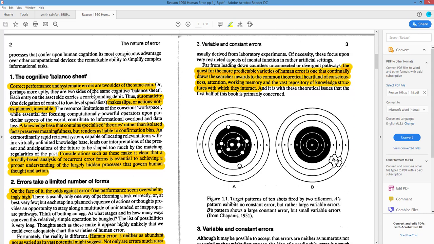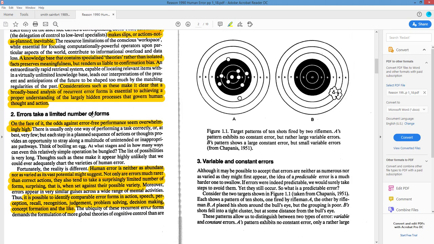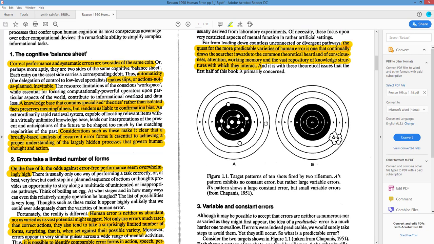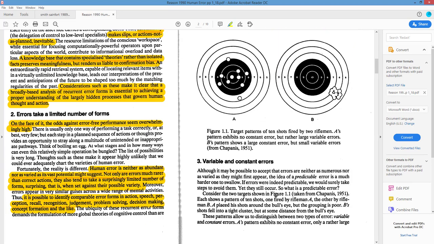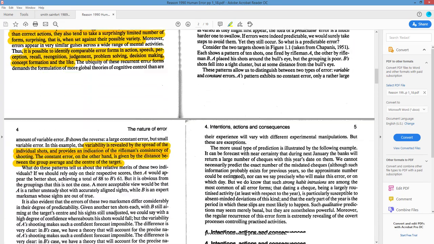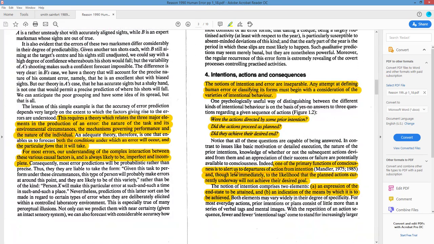I like that. He talks about there being a sort of balance between what is expected versus what is real. Talks a little bit about errors. He's talking about taxonomy, whether you've got equal variance or you've got small variance, but it's off target. And he talks a little bit about that. So it's variable and constant errors, and intention.